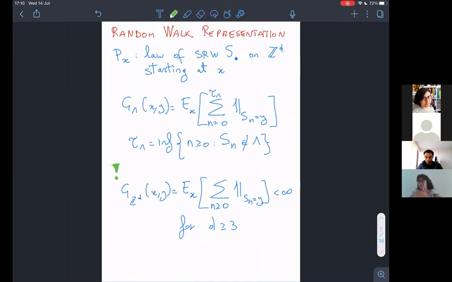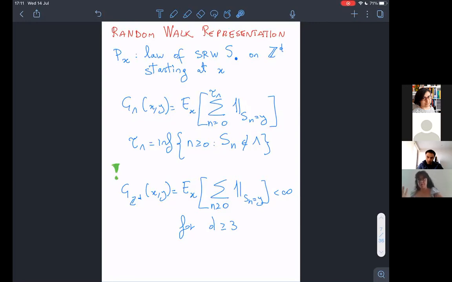Why? Because it connects the Gaussian free field to the simple random walk. So let's say that you want to evaluate the covariance between 2 points, x and y, under the DGFF measure. Well, this covariance can be obtained in the following way. You take a simple random walk on the square lattice, you make it start at x, and you count on average how many times this random walk returns to y before exiting lambda, your finite domain, say the box.